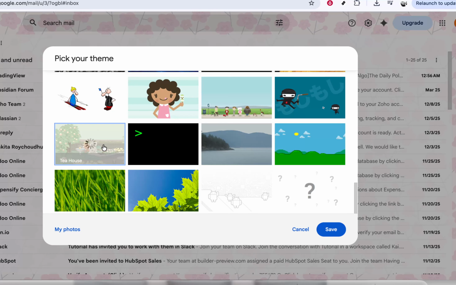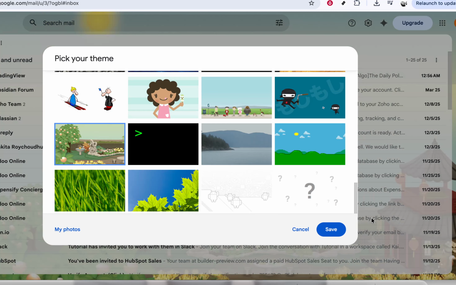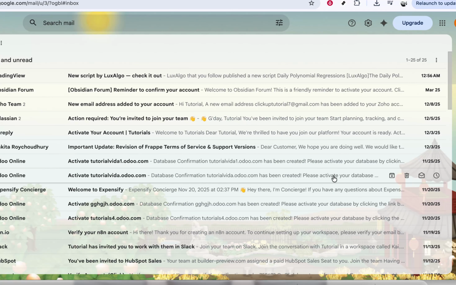Depending on the theme you picked, Gmail may show a few on-screen prompts. For example, you might be asked if you want to darken the text, adjust the vignette, or change how intense the background appears. Follow these on-screen instructions